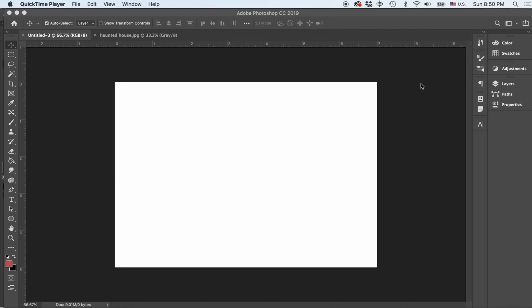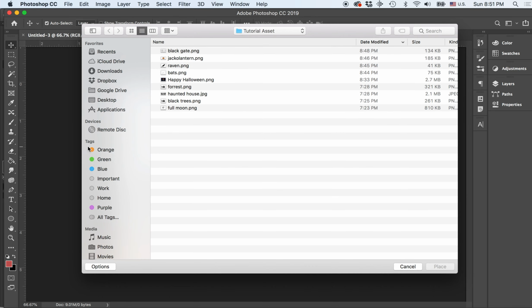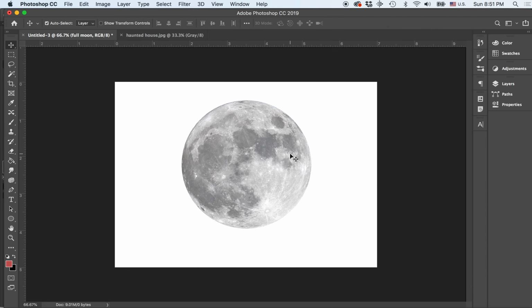Okay, so now for the fun part. Let's start building our scene. I'm going to start with the moon, so I'm going to go into File and hit Place Linked and bring in the full moon graphic that I have. Okay,